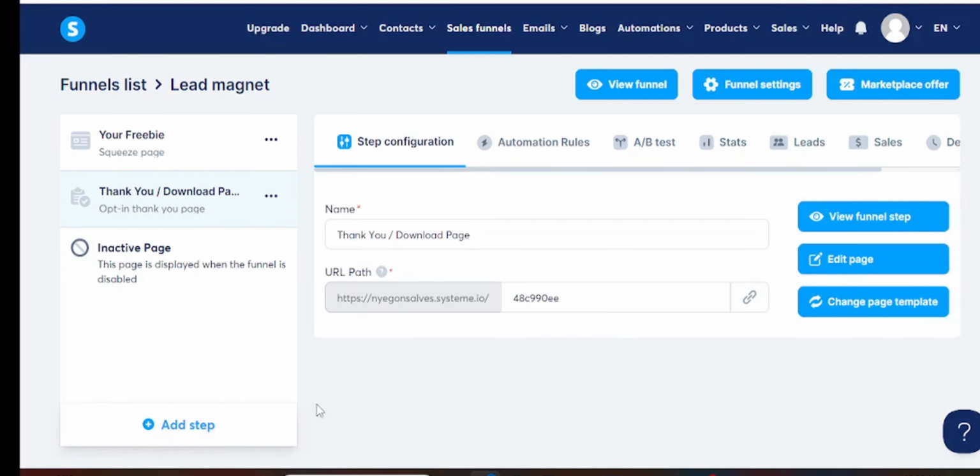Then you can change your name here. I should have mentioned earlier that you can also change the name here. So I can put launch your digital business, anything of your choice. I'm just putting it for the video, and again, you can change the name. I can just leave thank you, and we can leave it as simple as that. Then we want to click on edit page,